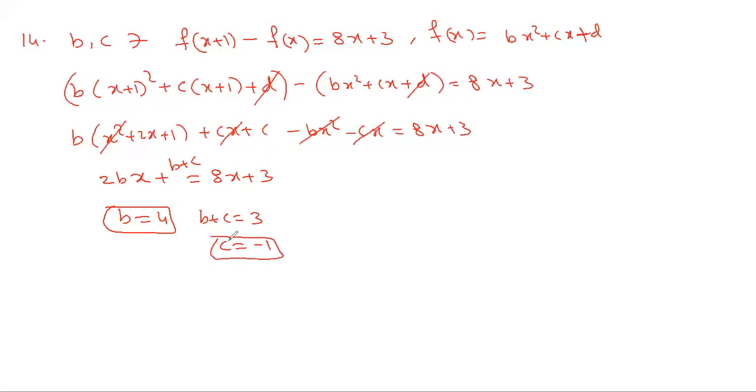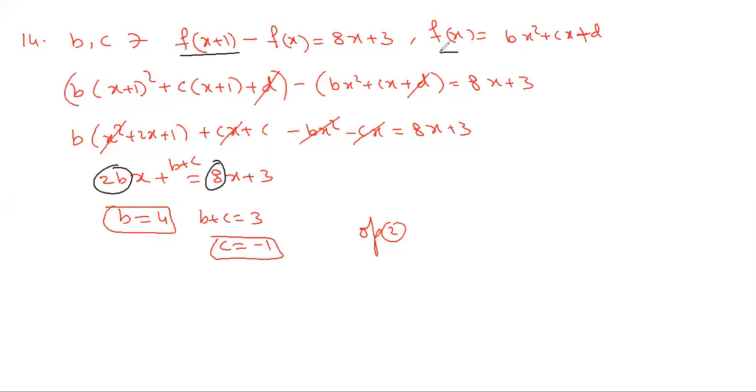Yeah, b is equal to 4. How is b equal to 4? Could you tell again? You equate the x coefficients, no? X coefficient. Oh, okay. Yeah. Okay, sir. This is equal to this. So could you repeat from the first step? I didn't understand. First step is f of x plus 1.